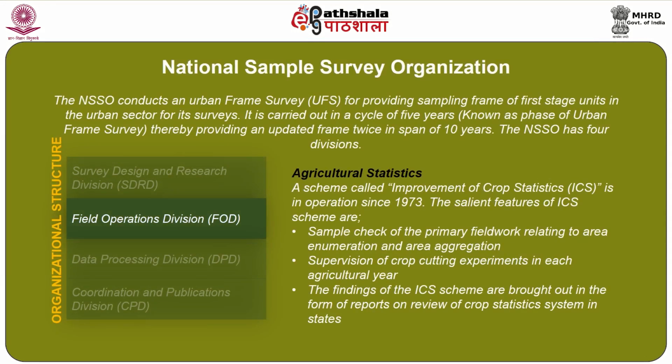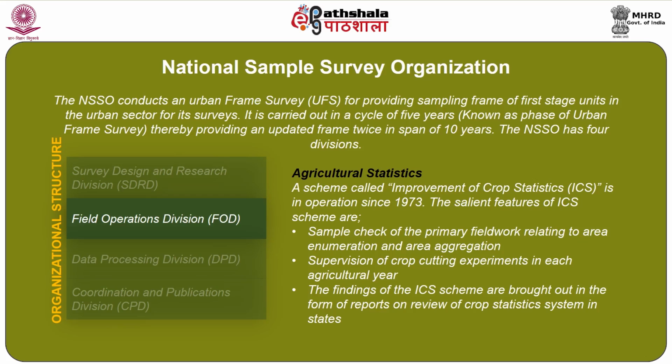In the area of agricultural statistics, a scheme called Improvement of Crop Statistics (ICS) is in operation since 1973. The salient features of ICS scheme are: 1. Sample check of the primary field work relating to area enumeration and area aggregation. 2. Supervision of crop cutting experiments in each agriculture year. 3. The findings of the ICS scheme are brought out in the form of reports on review of crop statistics